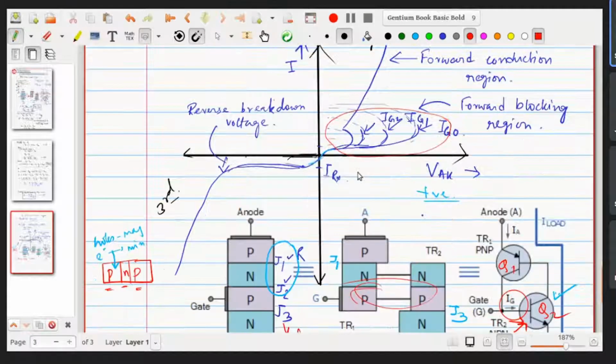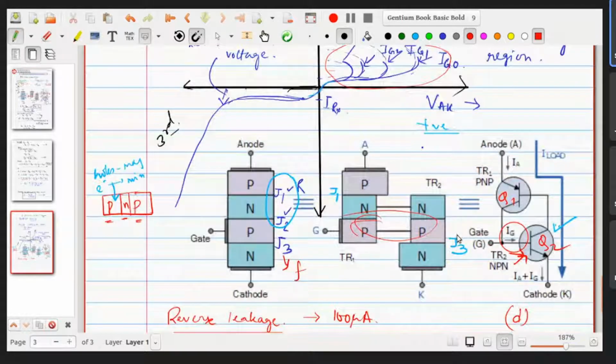Now you observe this particular state in this particular figure, we are applying the positive voltage between the gate and cathode. Where is the gate and the cathode point? As we observe, this is the transistor Q2. So this is the gate and the cathode terminal. At this reference, as we are applying the positive voltage, the device may turn on with some lower value of anode to cathode also.